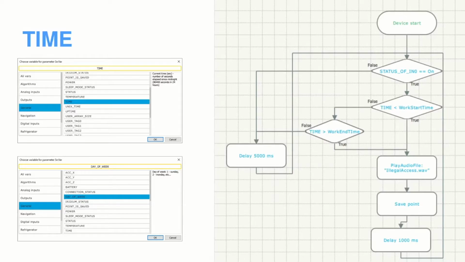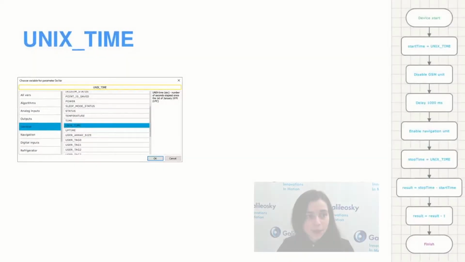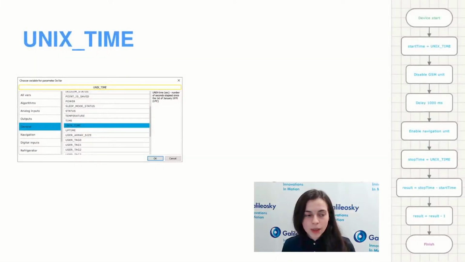If everything is okay, we just put a delay and wait and check again, like once in 5 seconds, maybe not so often, depending on your situation. Also here you can use day of the week, for example, to set up reactions for weekends as well. If the device is taken in working hours, but on the weekend, it's also necessary to react, maybe just up to your situation. Okay, as for Unix time, we typically use this for specifying the date, but more often